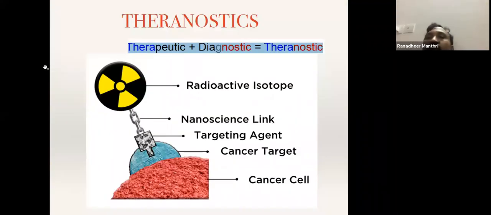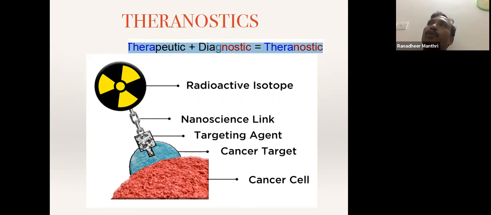So what is it? The same pharmaceutical. We have a radioactive isotope, a linker that is called a chelating agent, a targeting agent, and a cancer target. If this uses either a gamma emitter or a positron emitter, it becomes diagnostic. If it's a beta emitter or alpha emitter, it becomes therapeutic. If you are using bevacizumab, it is plain. If you are using F18 galacto RGD, VEGF is the cancer target, RGD is the targeting agent, galacto is the linker, and F18 is a radioactive isotope.